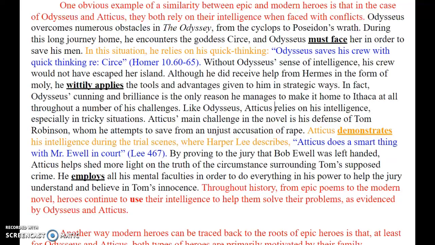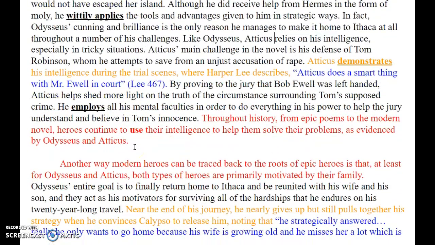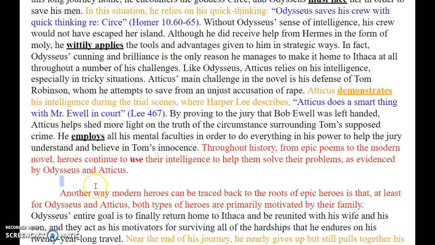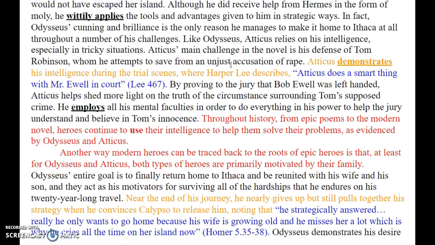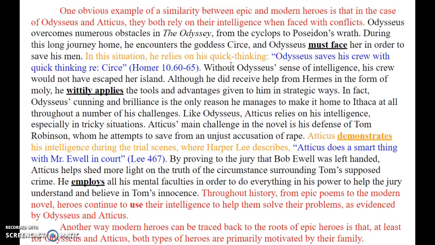Alright, so now that we've looked at your verbs, we've looked at your tenses, the next step is to look at your transitions. There should be 2 transitions in every paragraph. There needs to be a transition to your new topic, and there needs to be a transition to the second text. So, for example, your first body paragraph is probably not going to start with a transition because you don't have to transition from anything.